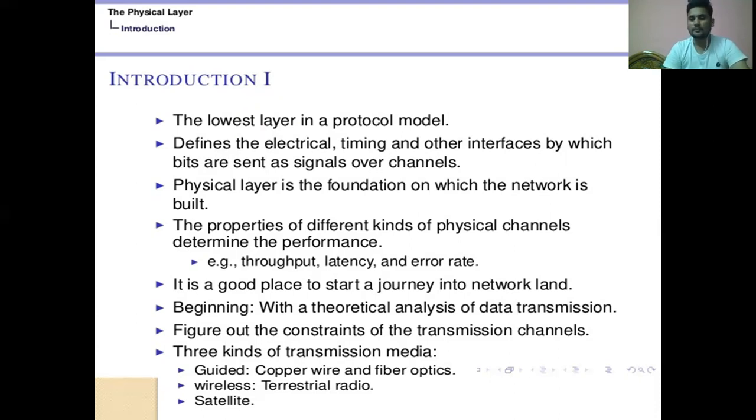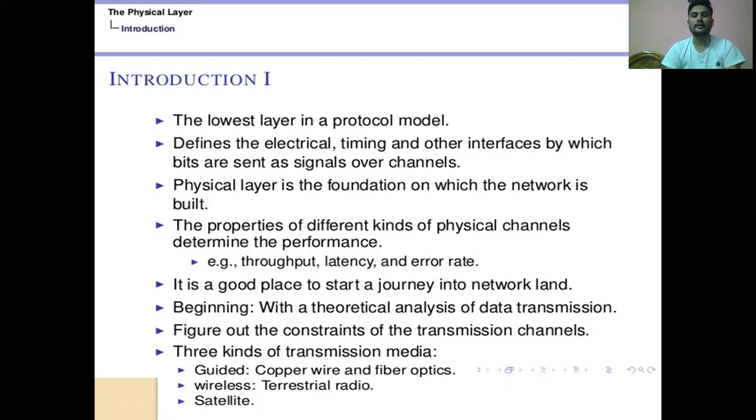Latency means, it is the important word, latency. Latency means from the second of starting the data to reaching the destination, how much amount of time is taken, that is called the latency of that particular communication. For example, a client wants to transmit data to a server. First the client sends a request signal to the server. If the server accepts that request, then the client starts the data transmission. So the entire time is called the latency period of this particular client-server communication.